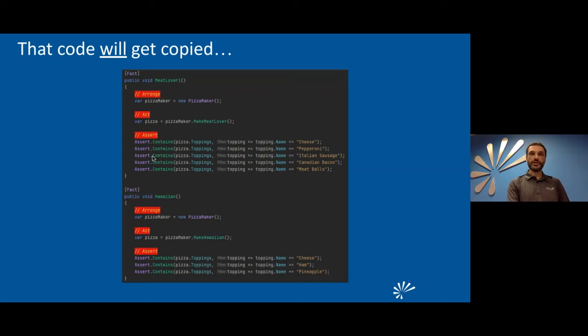Yes, good. Does it have Italian sausage? No. Bam, the test fails and you get out of it. So then you have to fix that part of the code, and then you rerun the test. Now you have Italian sausage, but you don't have Canadian bacon, so it fails. So you keep going back and forth like that, as opposed to just applying one fix and rerunning the test.